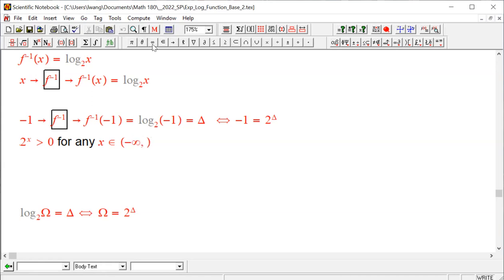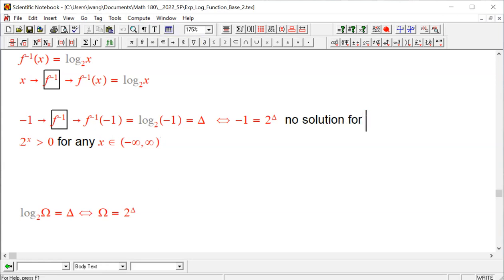That is a one-sentence statement about the domain and range for 2 to the power x. In other words, 2 to the power x will never be 0 and will never be negative. So this will never happen, because 2 to the power of anything is always positive. Therefore, in this case, there's no solution